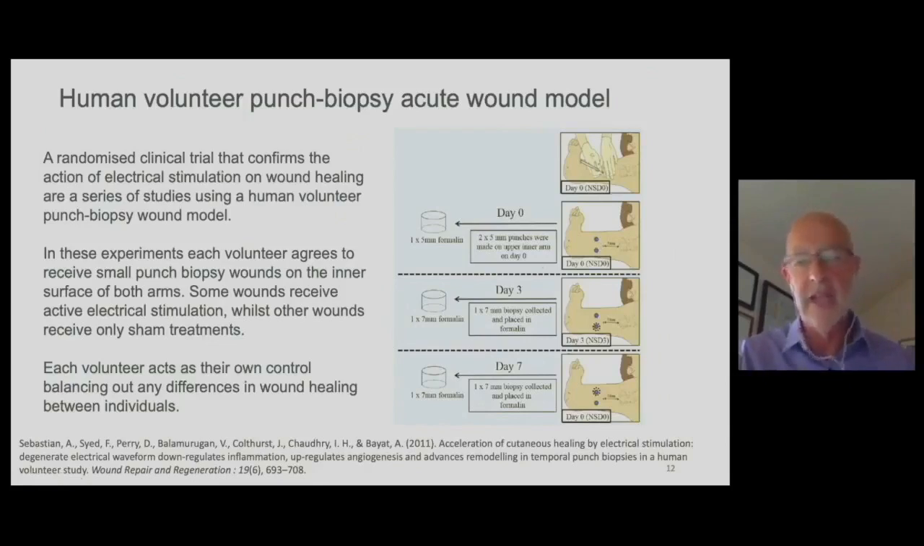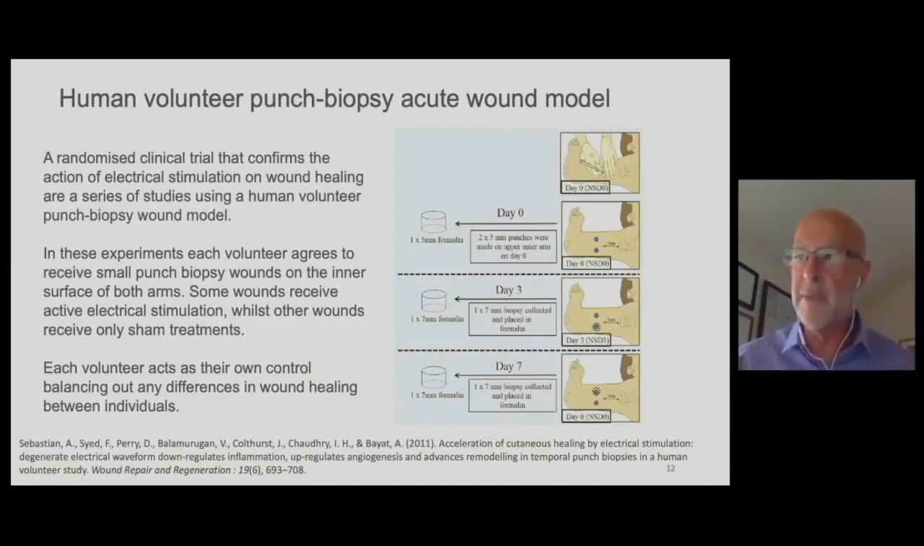electrical stimulation devices can be applied, or sham controlled devices can be applied, and the study can be very well randomized and blinded. And each volunteer acts as their own control, balancing out any differences in wound healing potential between different individuals. And using that